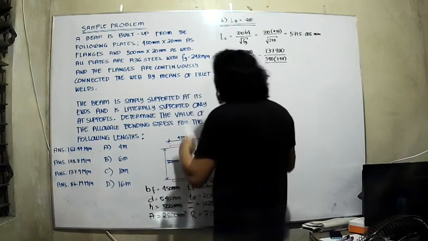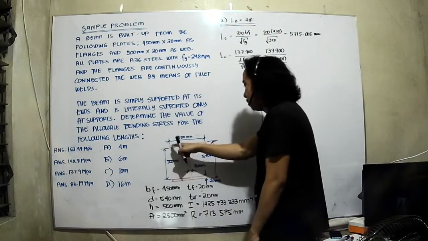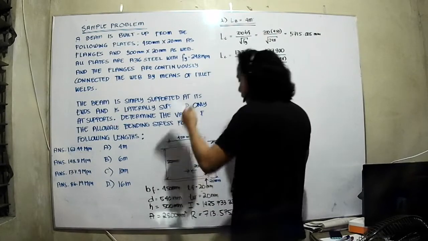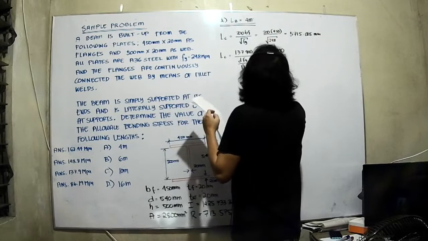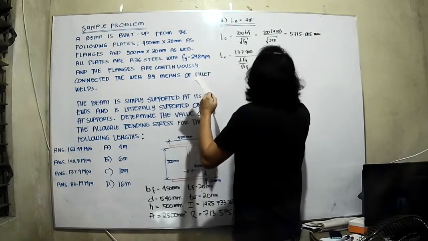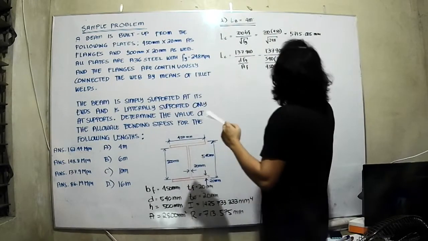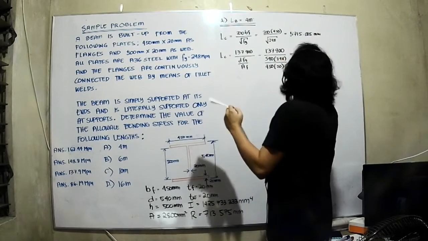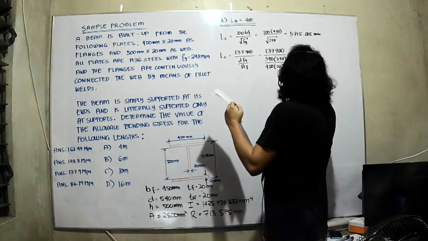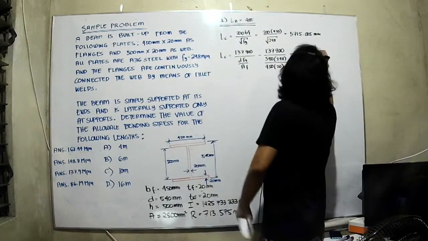AF here is the area of the flange, 450 times 20. I forgot the area of the flange, so proceed. That should result to 8286.29